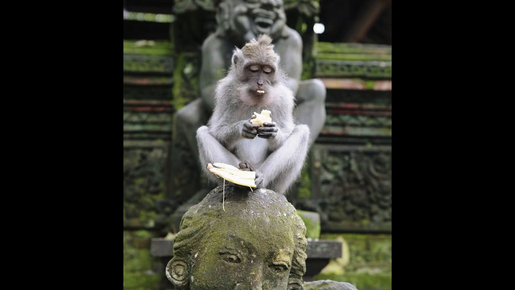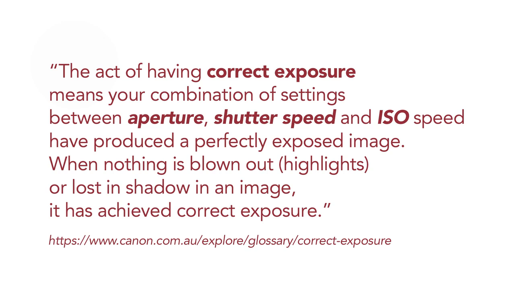Correct exposure is a technical term. Here's a good definition from the Canon website. The act of having correct exposure means your combinations of settings between aperture, shutter speed and ISO speed have produced a perfectly exposed image. When nothing is blown out, highlights, or lost in shadow in an image, it has achieved